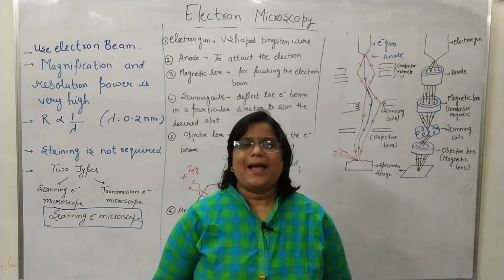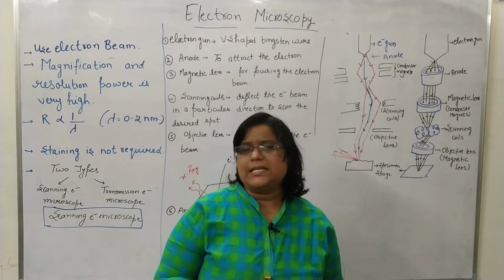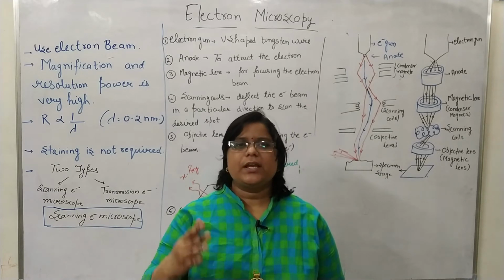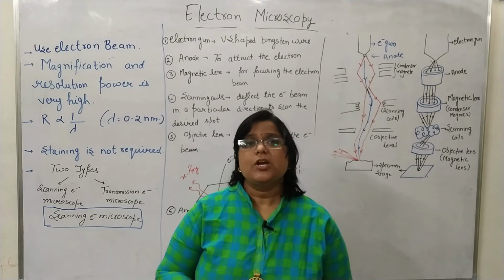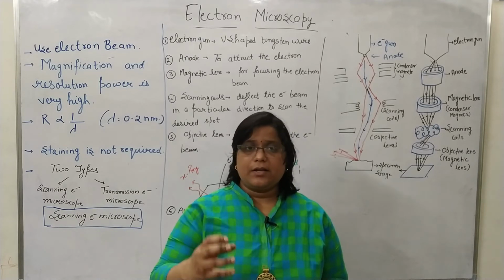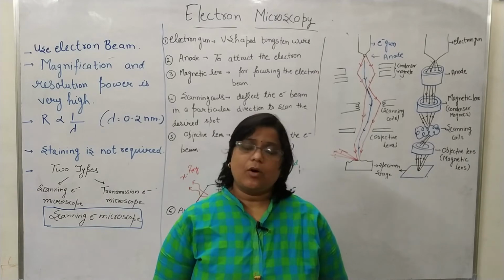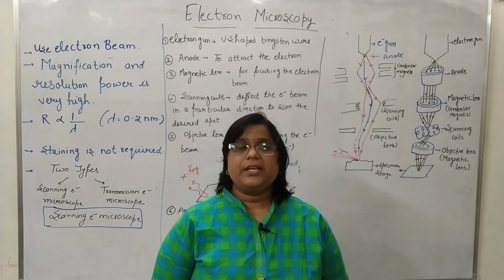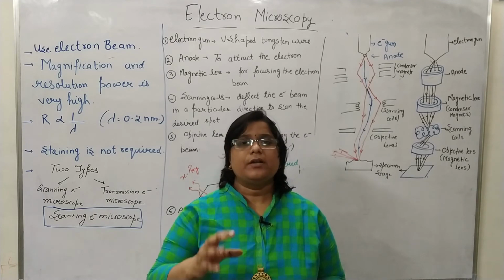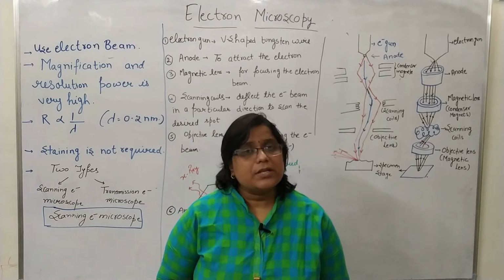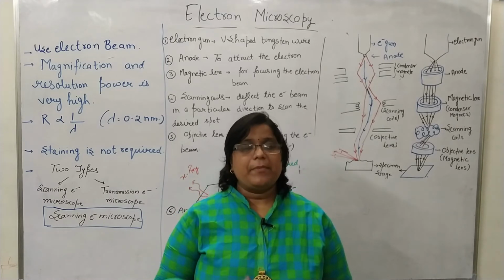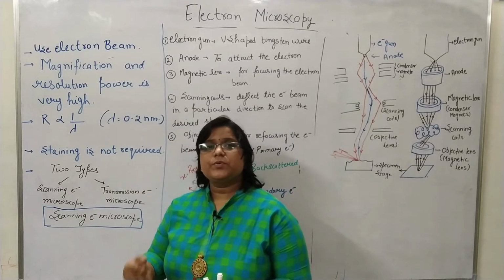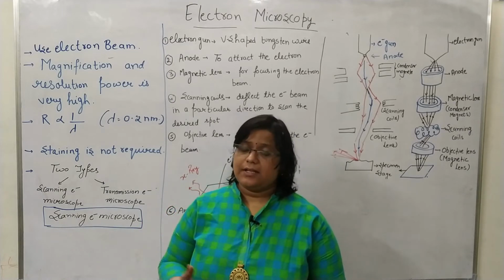The light microscope has certain disadvantages or limited criteria, so that we cannot give the proper resolution and magnified images of the sample. So this is the main essentiality: the electron microscope gives the proper resolution and proper magnified images. In the light microscope we use light as a light source.